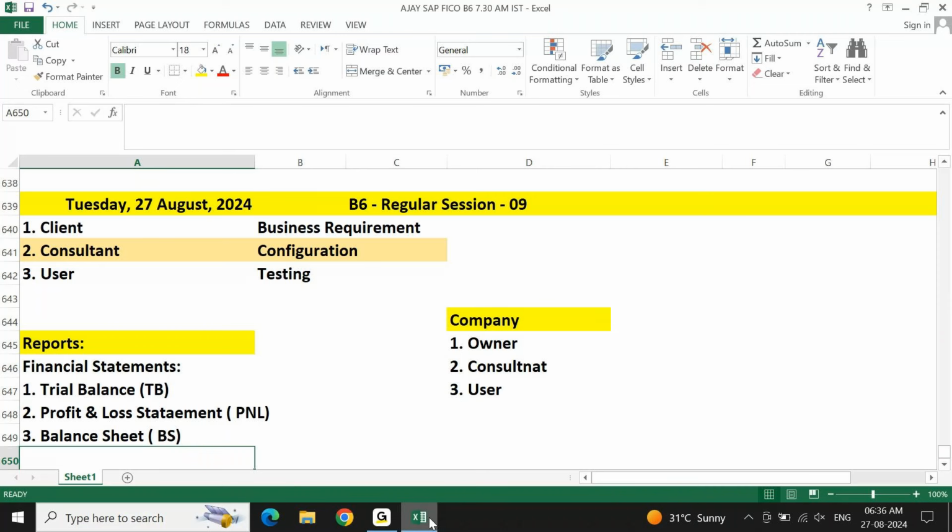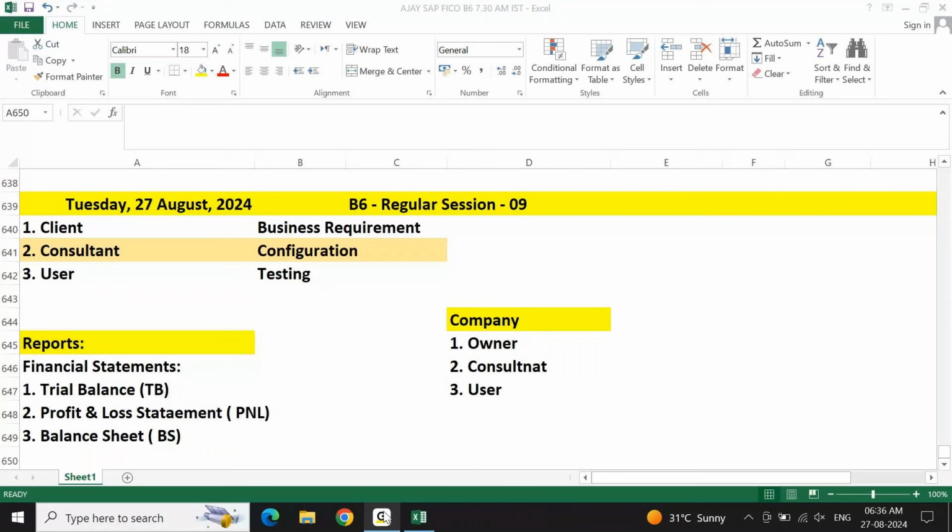These three are very, very important because before you start your project, you will have to make sure what is their size of business. What is their size of business? You are going to look at their P&L. You are going to look at their balance sheet. You will look at what is their profit, how many assets are there, how many liabilities are there. Accordingly, you are going to tell what is the company's net worth, what is the company's position, how big is the company, what is the volume of the transaction and all. You will be able to identify, decide with the help of this one, size, TB, P&L, balance sheet.